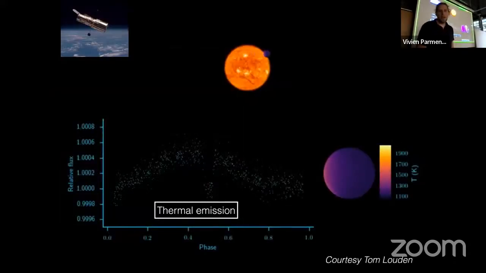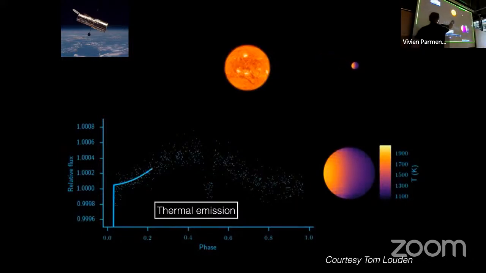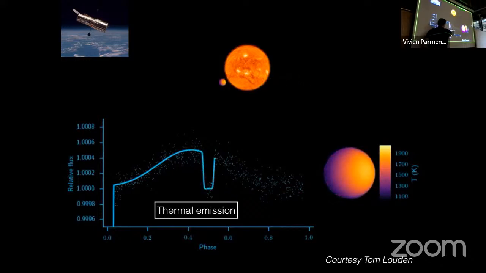We can do that all along the orbit, and we call that a phase curve. That's where it shows the planet and the star. So you measure the planet plus star flux as a function of time. When you see the day side of the planet, there's more flux, then you get the eclipse here. And then as it goes around, you get towards the night side of the planet, so you see less flux,